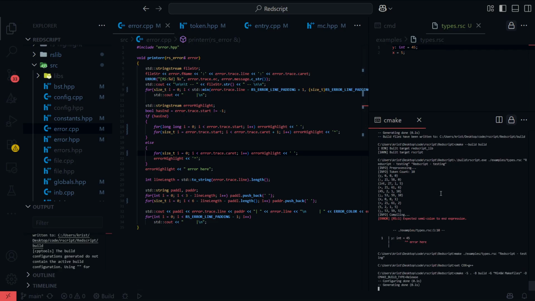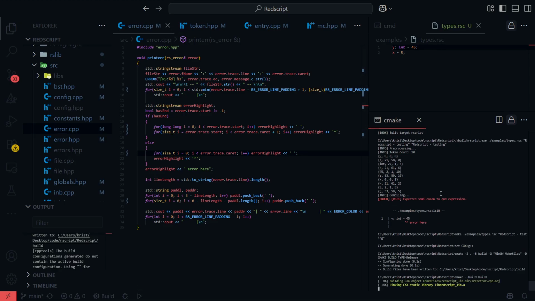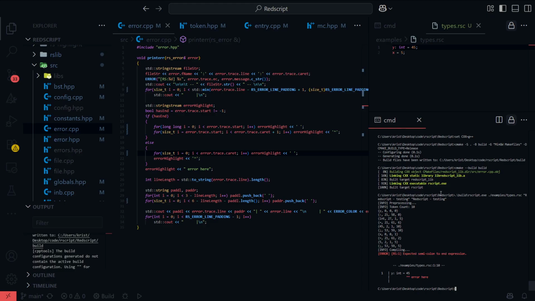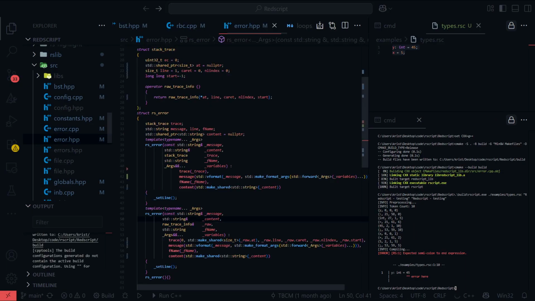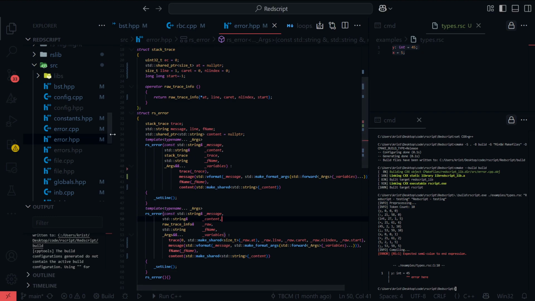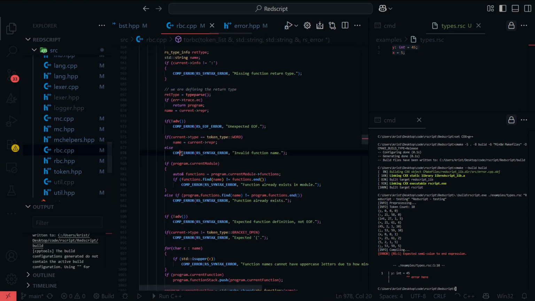So how fast will it compile now? Very nice. Expected semicolon. Okay, so you can see the semicolon isn't... Wait, hold on a second. That's... Okay, that's a logic error. Why is it doing that? Because there is a semicolon there.